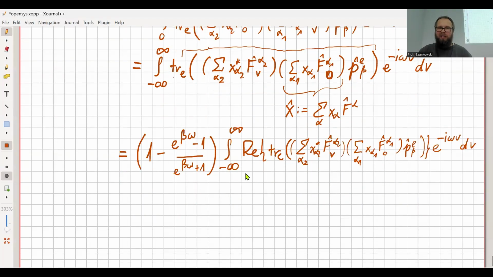GV, which in the end can be, this thermal factor in front can be simplified to just E beta omega plus 1